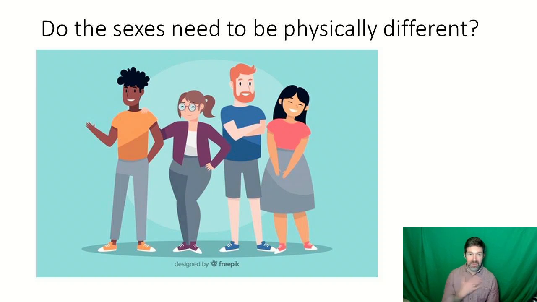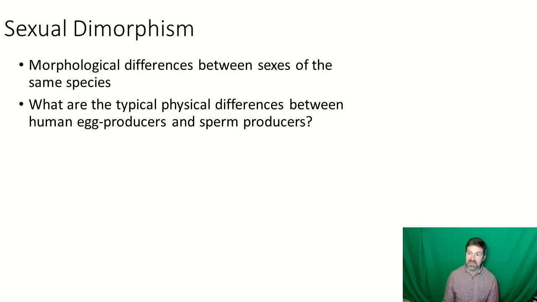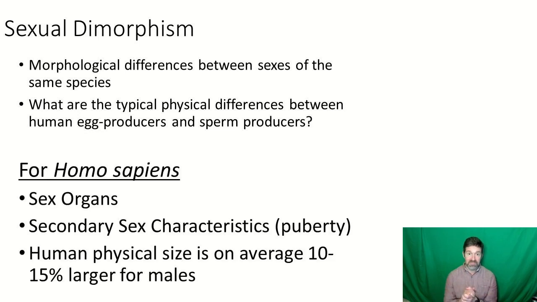Now, again, being kind of human-centric, focusing on that, we do see physical differences between the sexes. And what we call that, as I referred to before, is sexual dimorphism. Di to morph is form. So we have two forms for the different sexes in humans and in many creatures, right? And we're going to see that it varies in its magnitude. So we have morphological differences between the sexes of the same species, but we really want to think about this idea that we've got egg producers and sperm producers, and there's some typical differences.